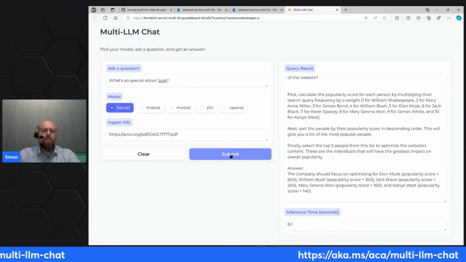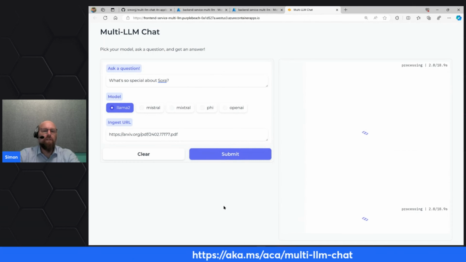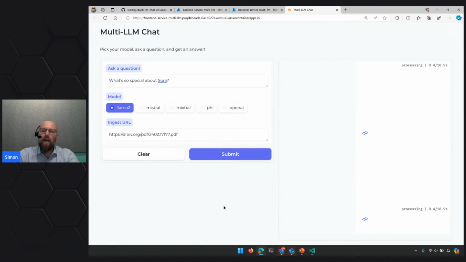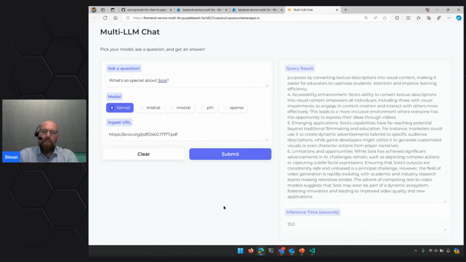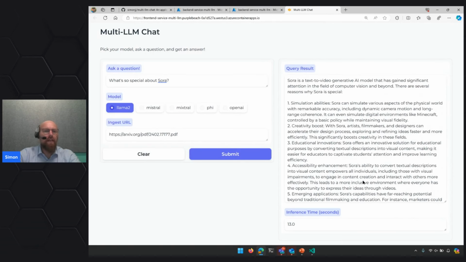So I don't want to read this paper. I just want to have the LLM do this work for me. And this time, again, we're running Llama 2. It also runs on the GPU workload profile, in this case, that we'll be using to run these models via Ollama. And I have no idea how long this takes to ingest. There is a little bit of work to ingest, then generate the embeddings, and then basically that gets spit back. So in this case, we're pretty quick. Again, this kind of speaks for running your own model on your own GPU if you really are looking for